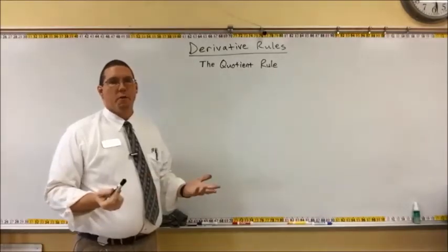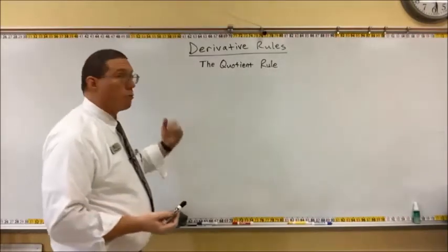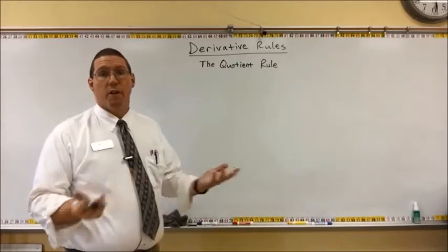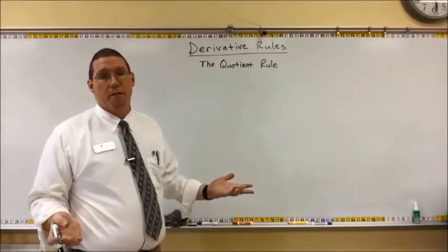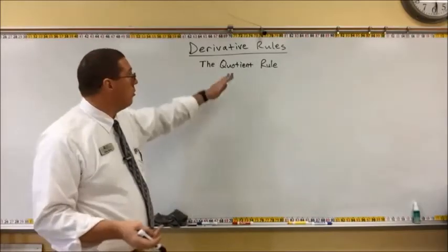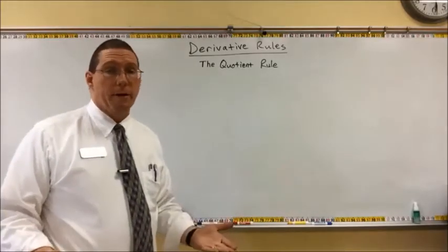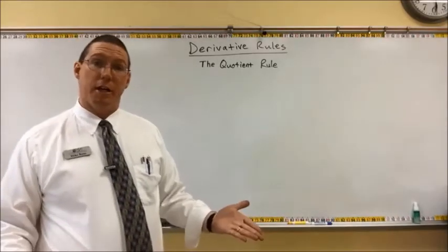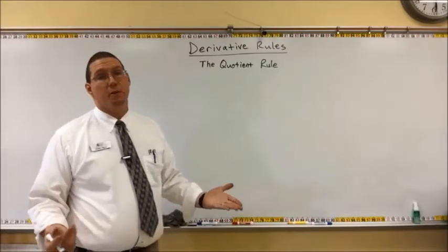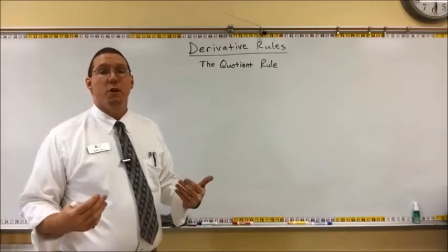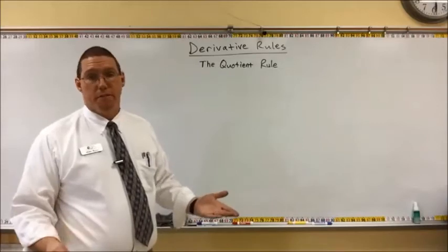All right, calculus folks, we're continuing with derivative rules. We've already done all the basic rules for all the different kinds of functions. We did the product rule. Now we're going to do the quotient rule. Just a reminder, a quotient is a fraction. So basically, this is going to be a derivative rule for when you're dealing with a rational function, okay,